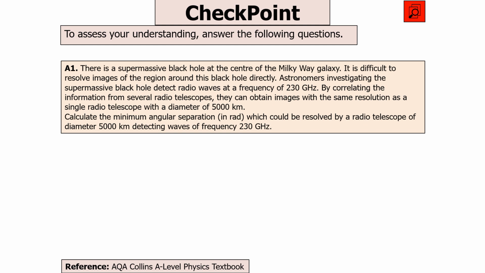It is difficult to resolve images of the region around this black hole directly. Astronomers investigating the supermassive black hole detect radio waves at a frequency of 230 GHz. By correlating the information from several radio telescopes, they can obtain images with the same resolution as a single radio telescope with a diameter of 5,000 kilometers. So calculate the minimum angular separation which could be resolved by a radio telescope of diameter 5,000 kilometers detecting waves of frequency 230 GHz. So pause the video now, then unpause the video when you want to go through your